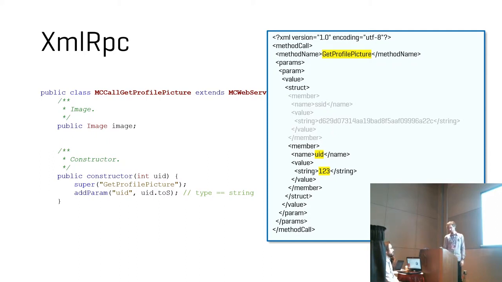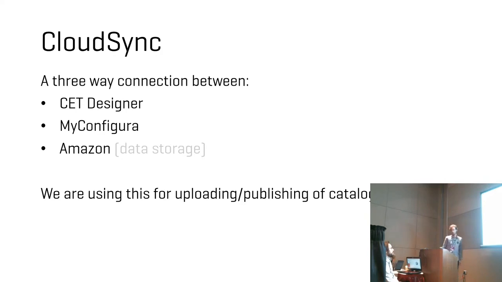So we have a thing called Cloud Sync, which is handling part of our Amazon integration. In your extension, you can put extension files on Amazon for your users to share between them, or upload, let's say, stats from your extension or something like that. And this is managed through these 3 layers. So we use my configurator to keep track of what files we have uploaded to Amazon and to access them, and to get the,